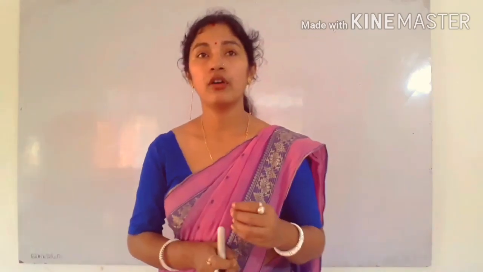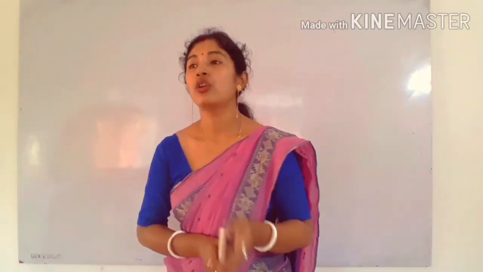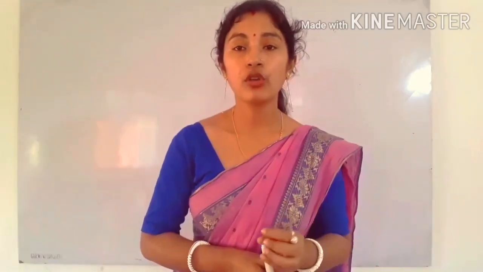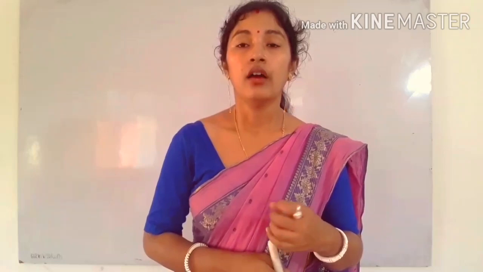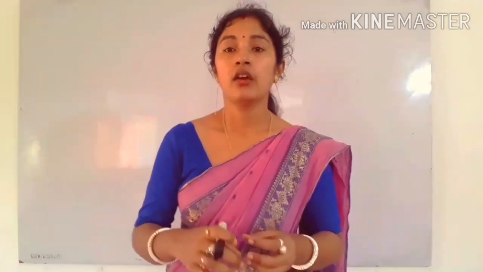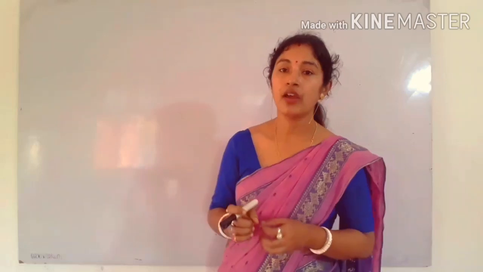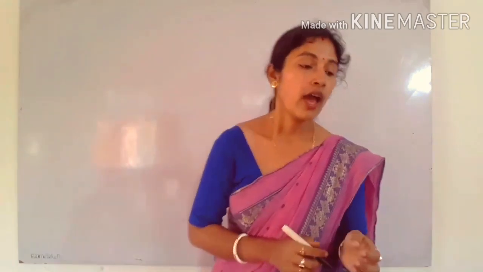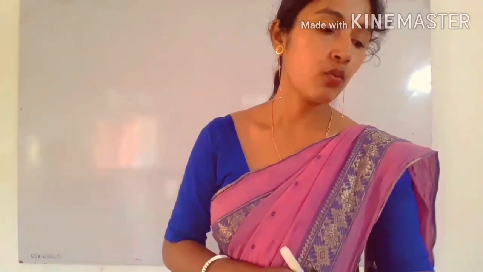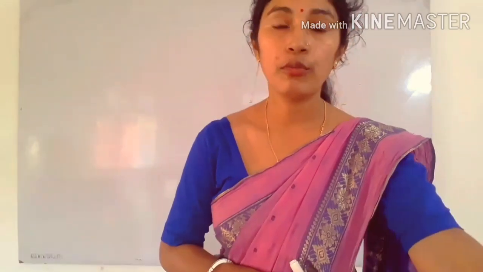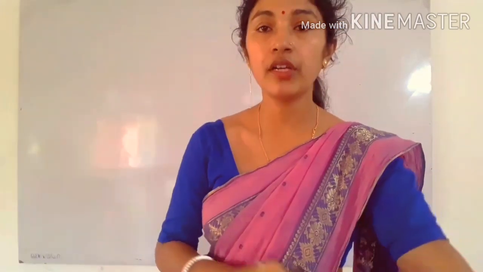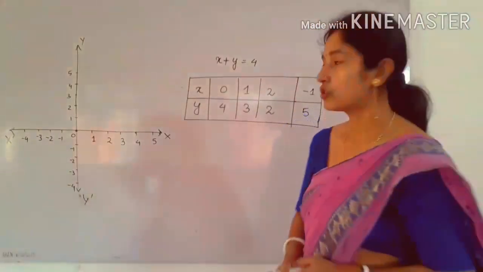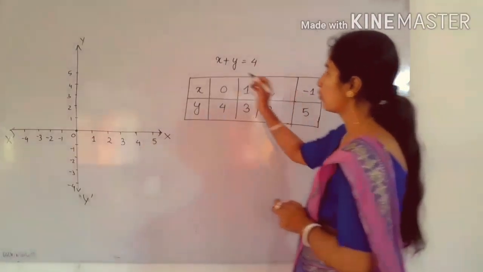So already we found the solution for any linear equation in two variables. If we find four solutions of a linear equation in two variables, then using those solutions we can plot those points in the graph, and we can see what a linear equation represents. So here I am going to solve a linear equation in two variables, find four solutions of it, and then plot it in a graph. So see, I have found four sets of solutions of this linear equation in two variables.